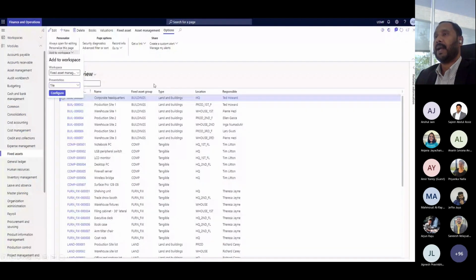So if you want to add another workspace, the good thing is Microsoft has provided hundreds of such workspaces. But if you want to create your own workspaces, you can create those workspaces. And if you want anything to be added to a workspace, any form, it is very easy. You just open the form, click on Add to workspace, select the workspace, and